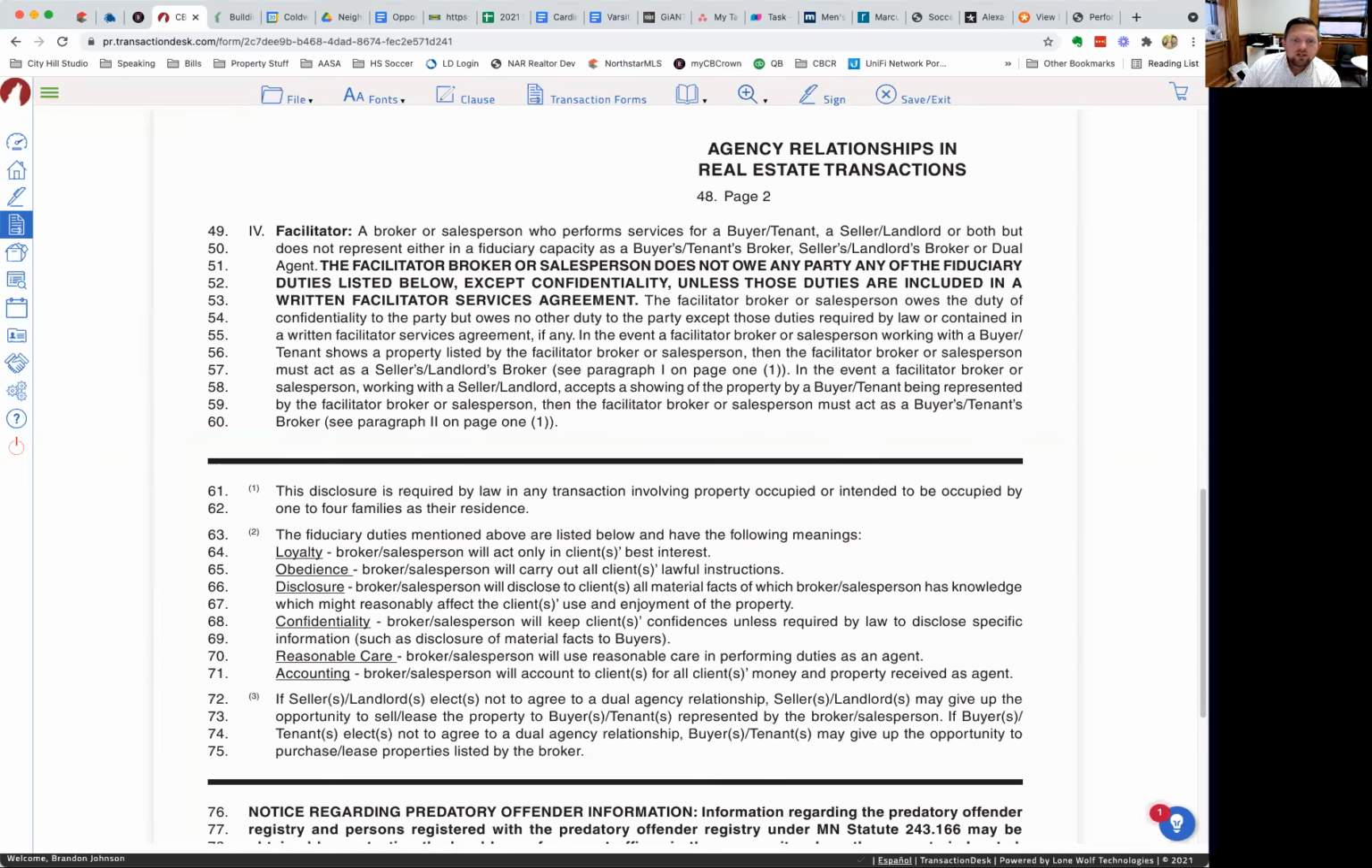Okay. So the facilitator, broker, or salesperson owes the duty of confidentiality to the party, but owes no other duty to the party except those duties required by law or contained in a written facilitator service agreement, if any. In the event a facilitator, broker, or salesperson working with a buyer/tenant shows a property listed by the facilitator, broker, or